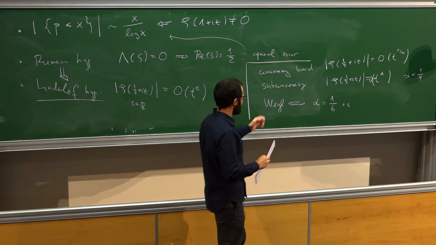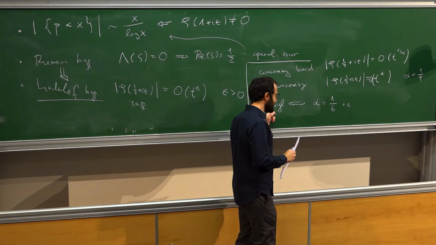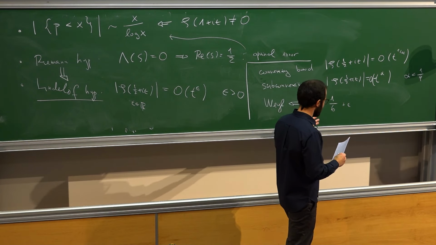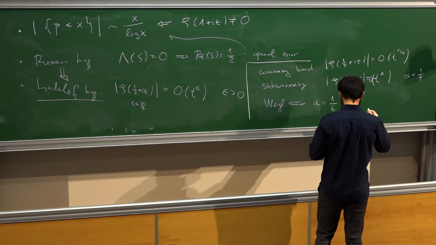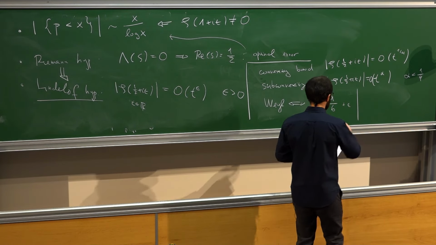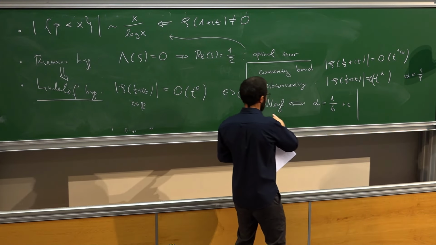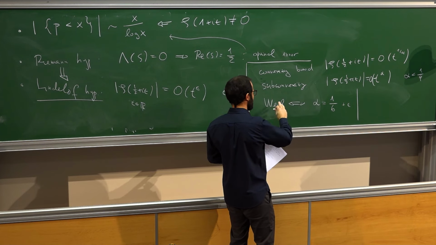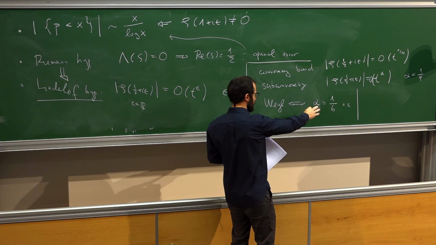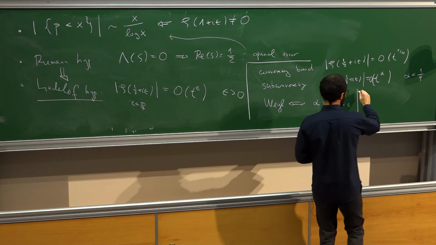Funnily enough, the Weil bound was not proven by Weil, but by Harder and Littlewood, although they didn't write it down, as far as I know. So this, for the Riemann zeta, was the state of the art for a while, but actually the state of the art right now for Riemann zeta